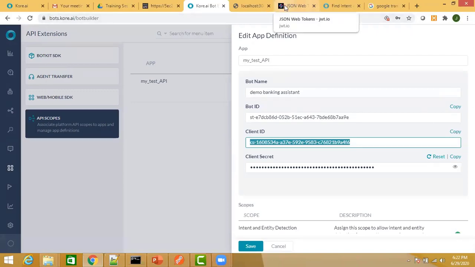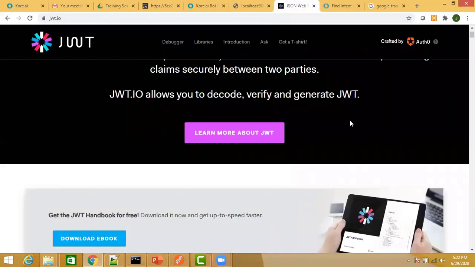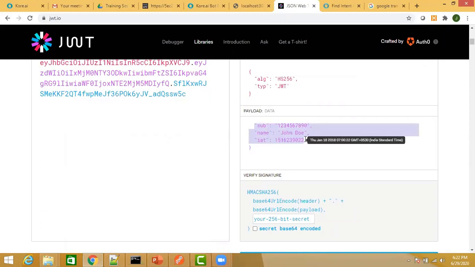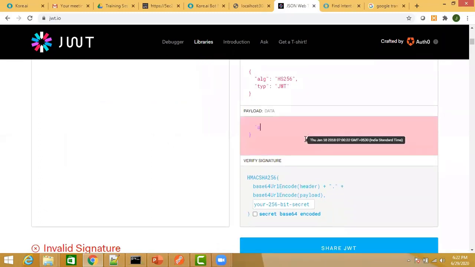I go back to JSON web token, the service, and in the payload section of that particular service, I go in for something like this. I say appId. The I has to be in capital. Okay, and followed by my client ID.